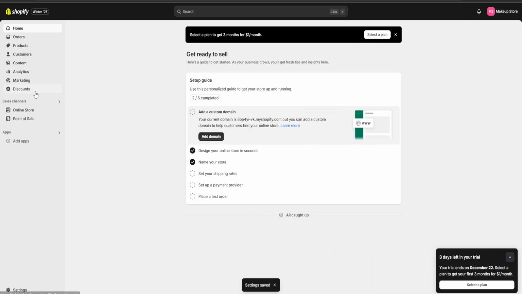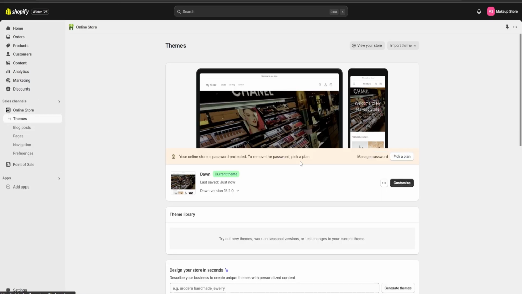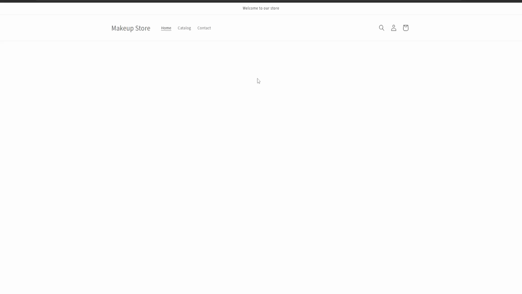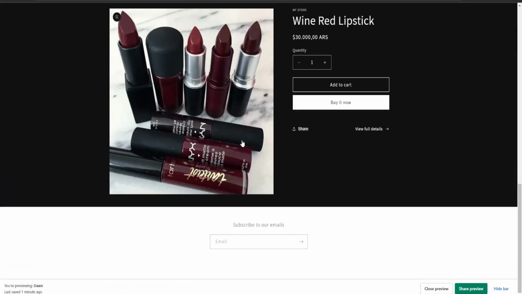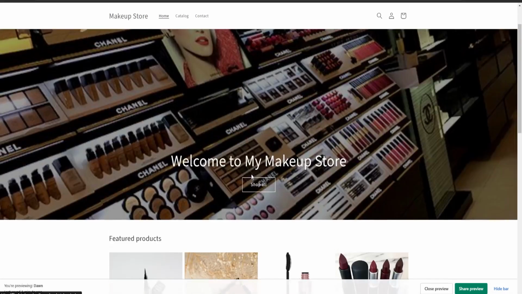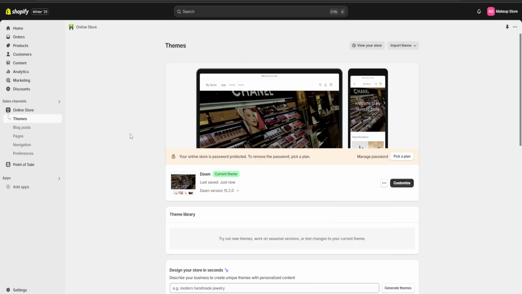Now, in order to make sure that everything is correct, we're going to go to our online store again, but now we are going to click on the three dots and we're going to click on preview. This is going to redirect us to our website, and as you can see, the name of our store right here on our header has now changed. We can go down to make sure that everything else is set up just the way we want, and once we are done, we are going to go back over here